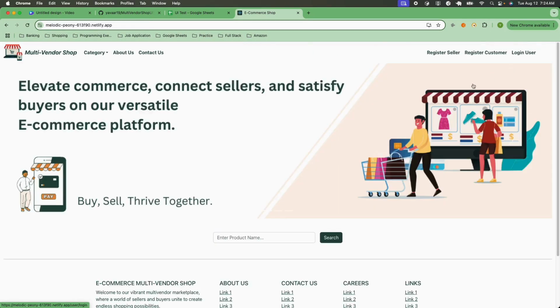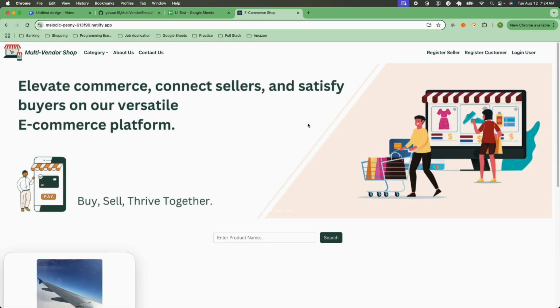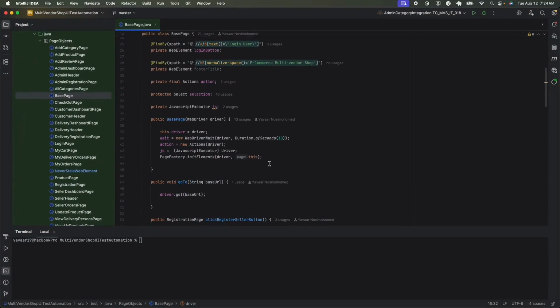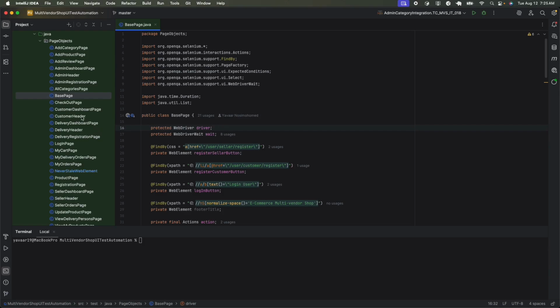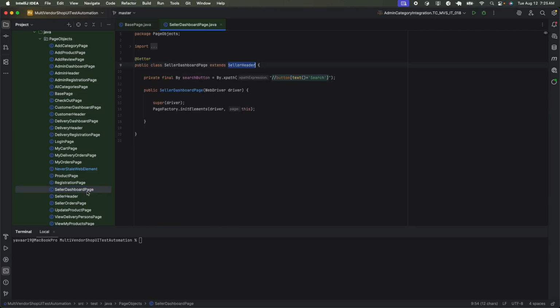Okay, now it's the same thing with the customer portal as well as the admin portal. They all have their own specific headers. Now all of these pages, the base page would actually be the main page. All the other pages would extend the base page, so we can maintain access to these elements right here. And if you take a look, let's say for example at the seller dashboard pages after we log in,